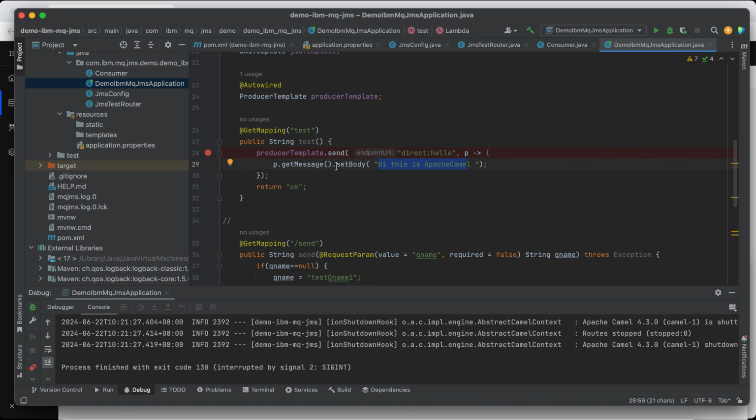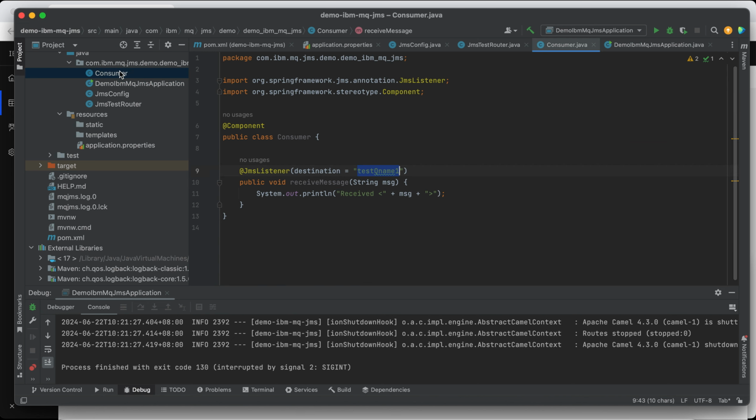Because this endpoint is configured to redirect to JMS, it will be received here.